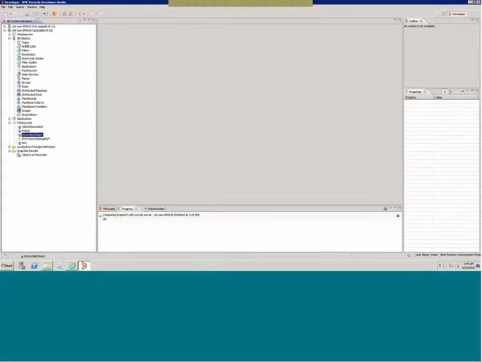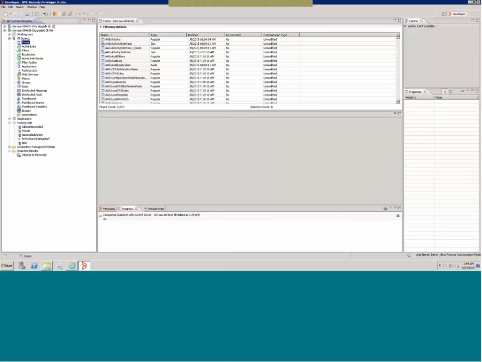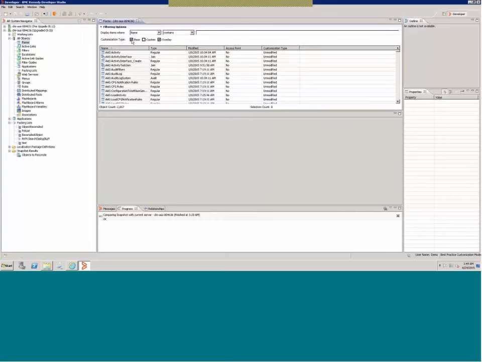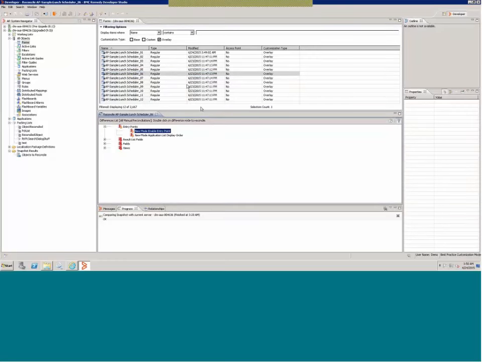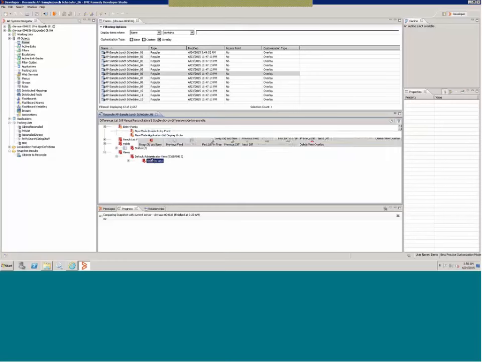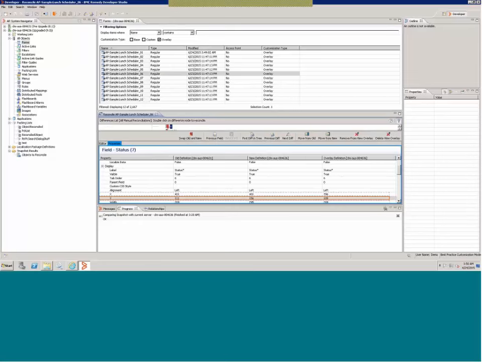Another thing I wanted to show you is that the three-way reconciliation editor can be launched from the object list as well. If you have an overlay and you are connected to two servers, you will get this View Difference menu, which will launch that same editor again. The only difference is that when you launch it from here, you see all the properties of the form, field, and views listed in the same editor. But other than that, the functionality is the same.